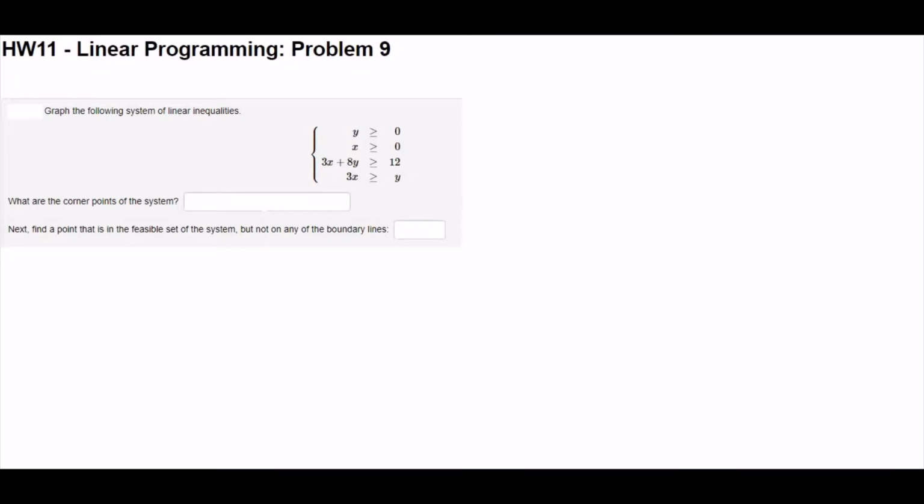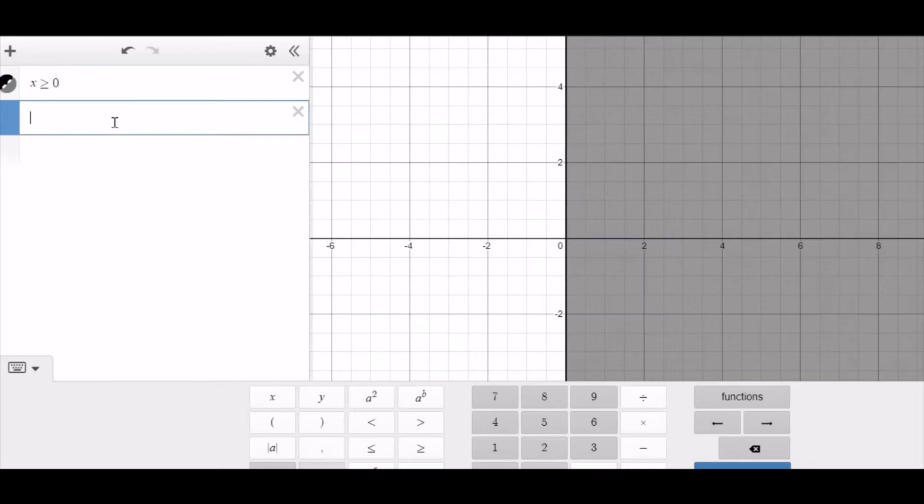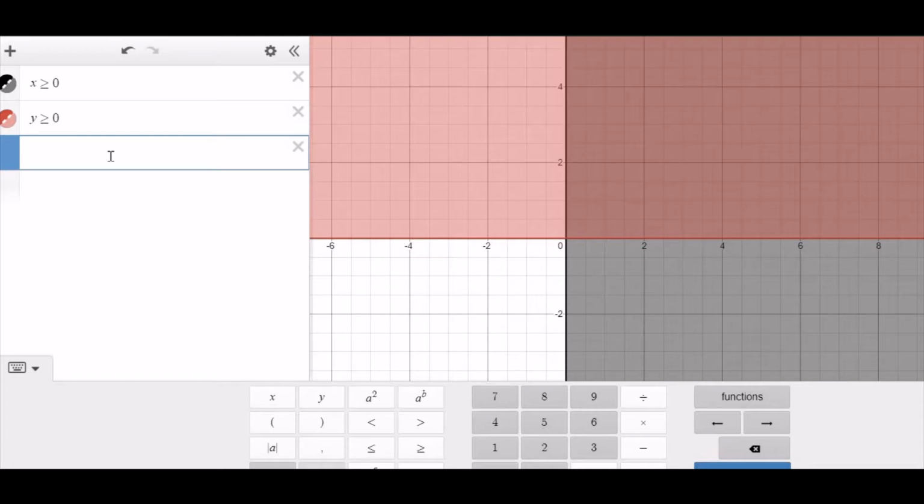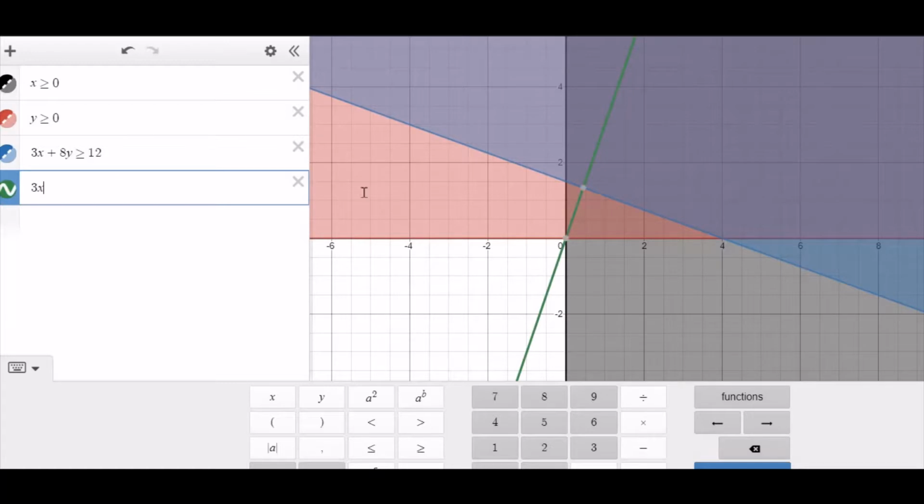Problem number 9. Graph the following system of linear inequalities, determine the corner points, and find a point that is in the feasible set of the system. So we're going to graph these given constraints, which were x is greater than or equal to 0, y is greater than or equal to 0. We have 3x plus 8y is greater than or equal to 12, and finally we have 3x is greater than